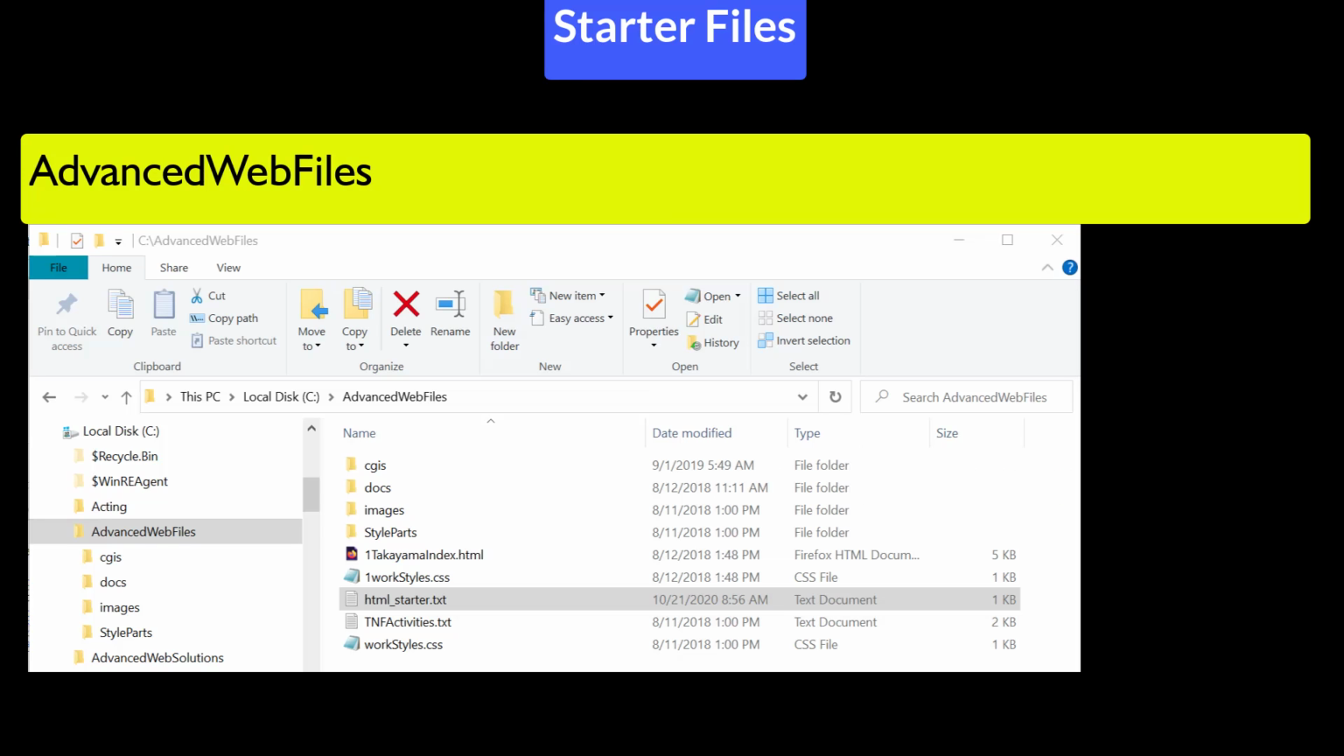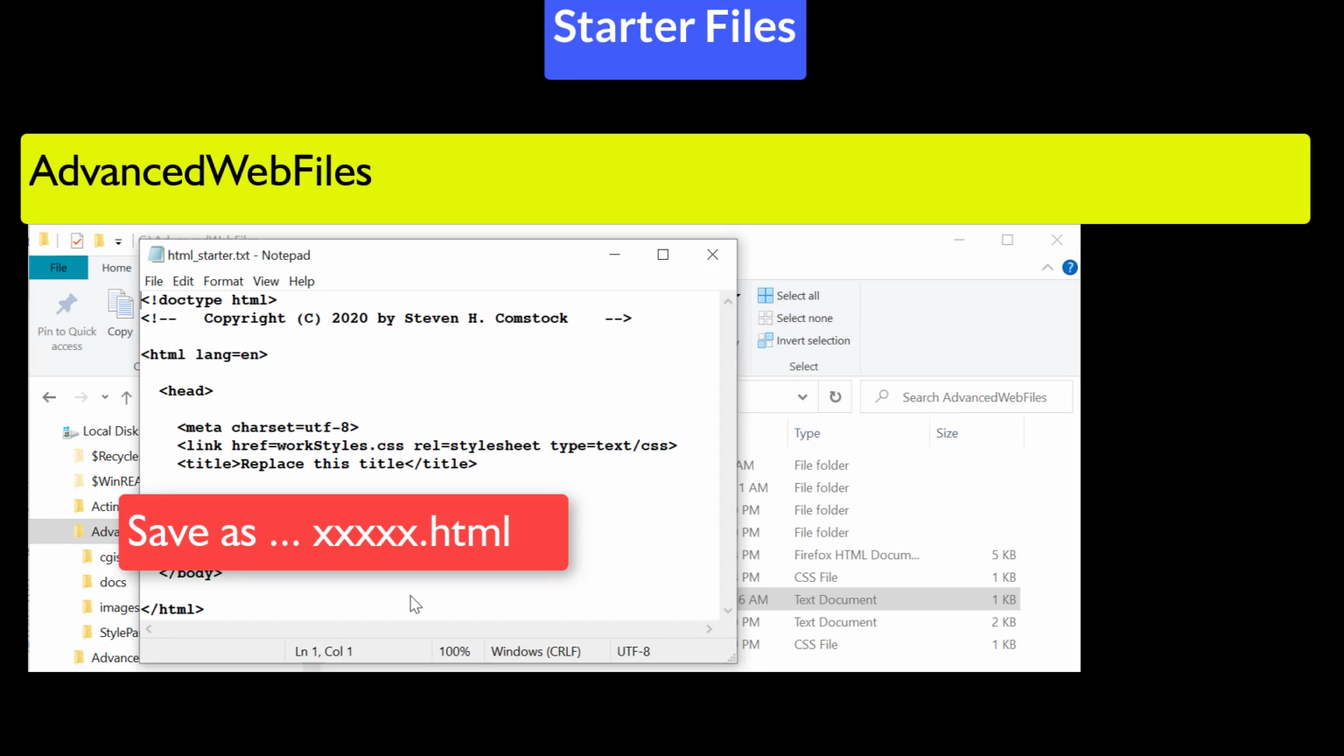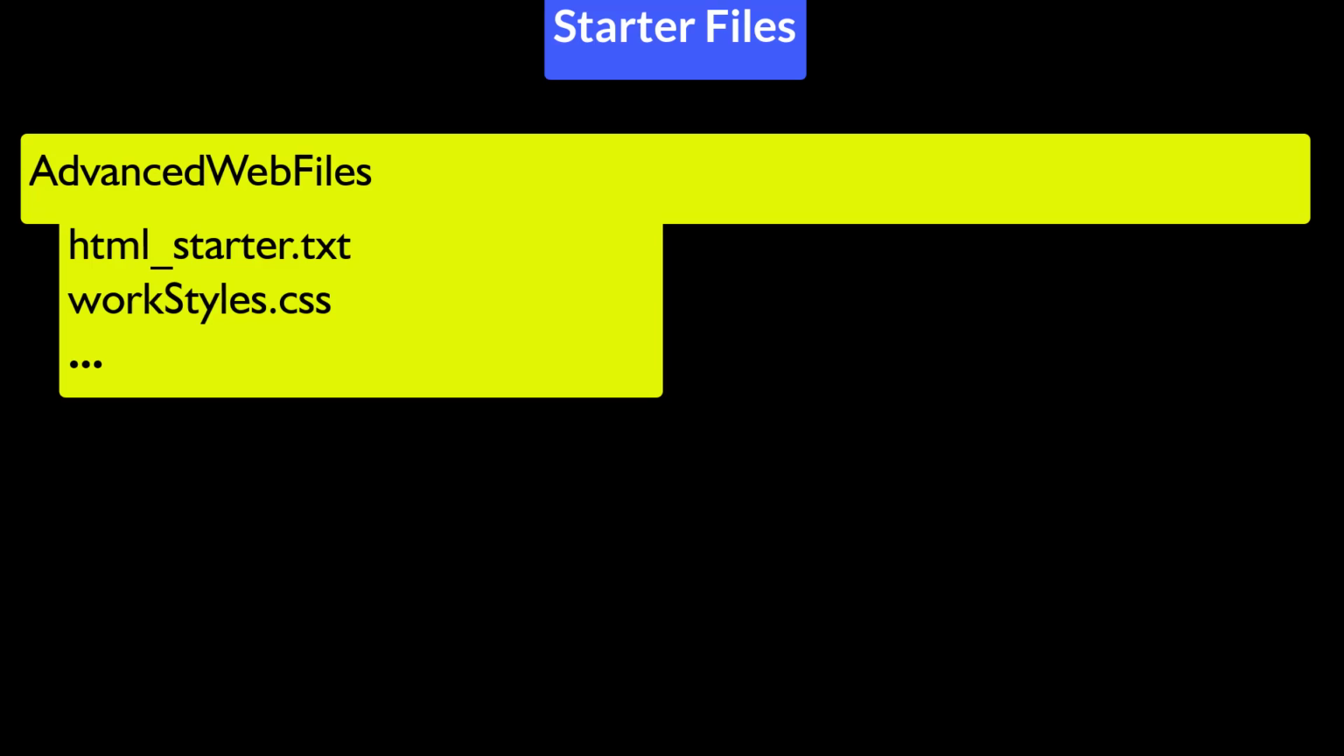So to work with this file, of course, from Windows Explorer, you double-click on the file name to open it in Notepad, code your changes, then save the result under a different name with a suffix of .html. And here's